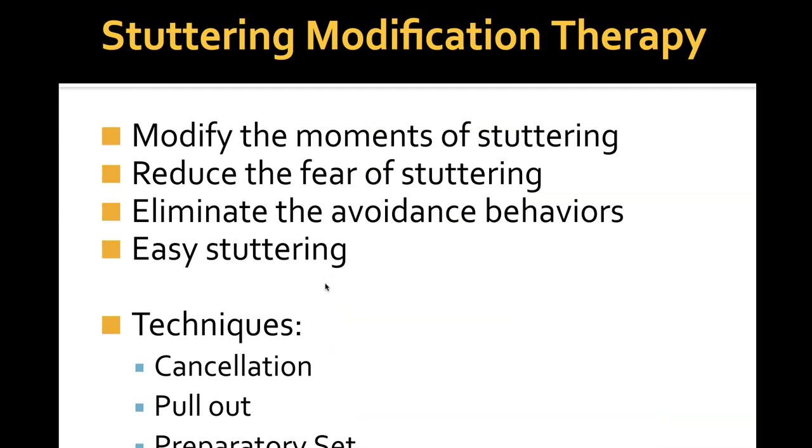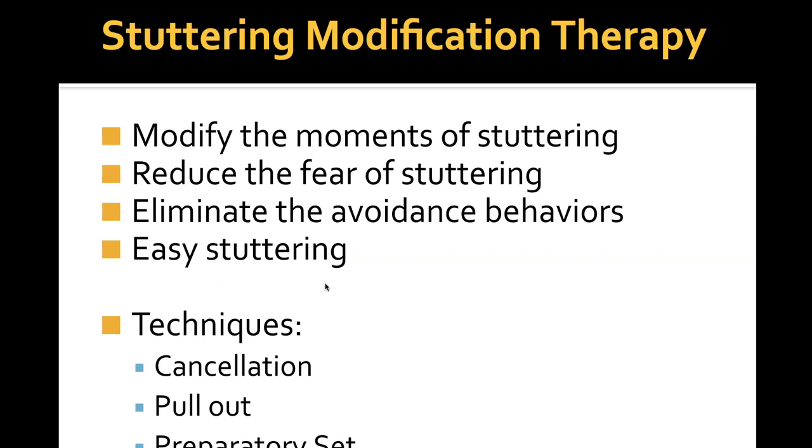For years, there were 2 main kinds of stuttering therapy camps. You were either in the stuttering modification camp or in the fluency shaping camp. Stuttering modification camp, really from Charles Van Riper. And Van Riper talked about modifying the moments of stuttering, reducing the fear of stuttering, eliminating the avoidance behaviors, and doing some easy stuttering and being okay doing some easy stuttering. And he had